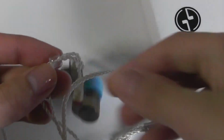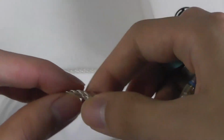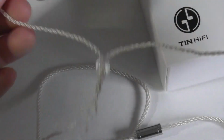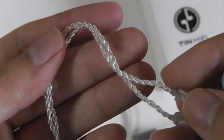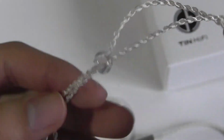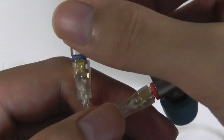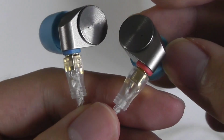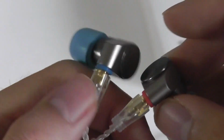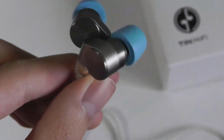There's even a bead which is acting as the splitter for the left and right earpieces, which you can control by shifting it higher or lower so that the wires don't get tangled as easily. The wire itself, as aforementioned, is made out of this braided texture that prevents it from getting damaged as easily, and also the MMCX connector is almost transparent, which creates a very cool see-through effect. The earpieces are made out of this aluminum material, which feels extremely sturdy,